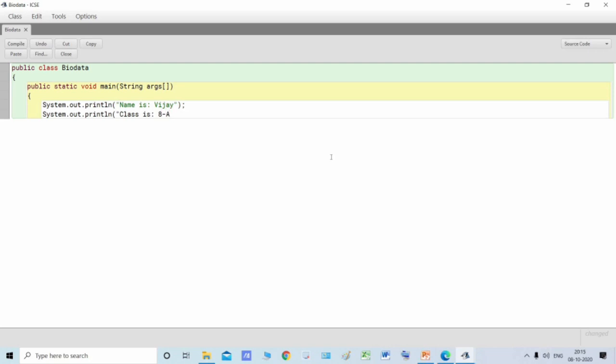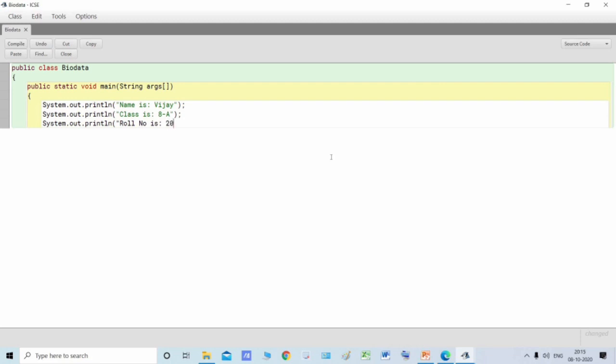And then in the third line, System.out.println, then roll number is, whatever is your roll number.